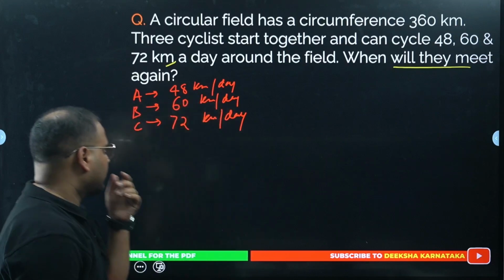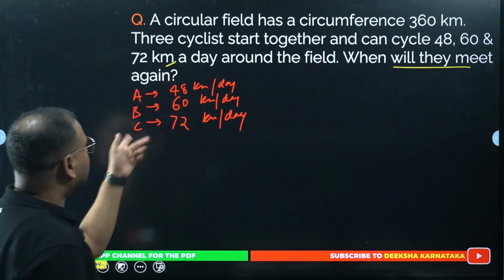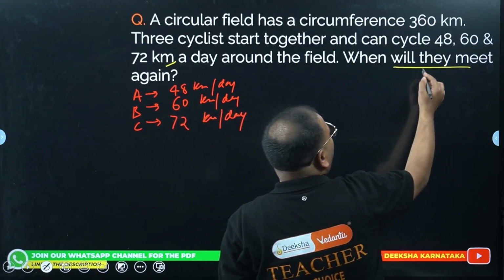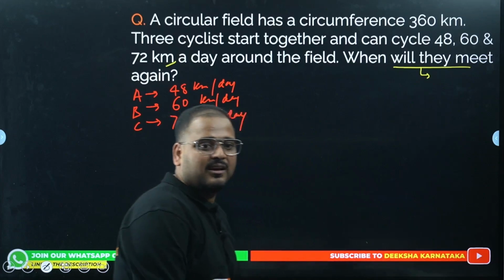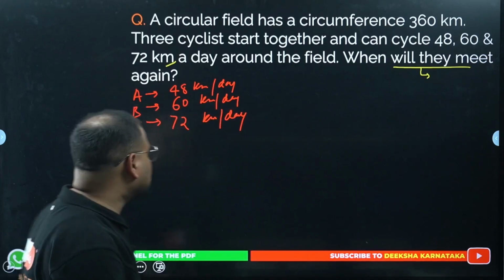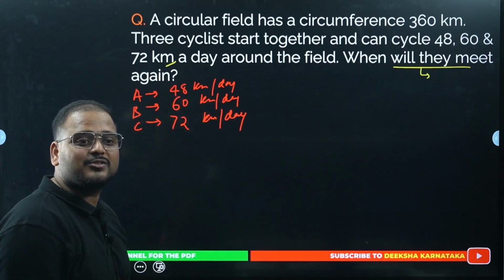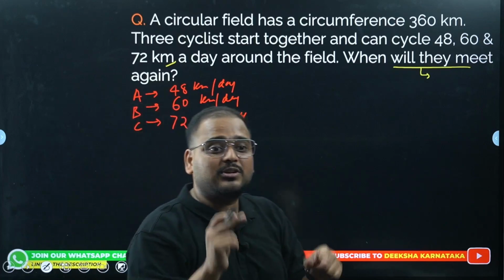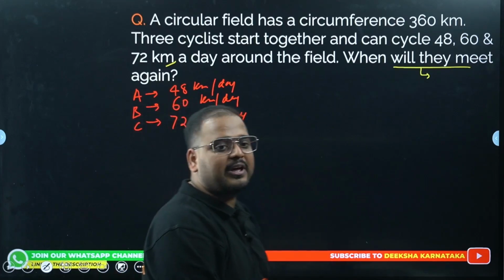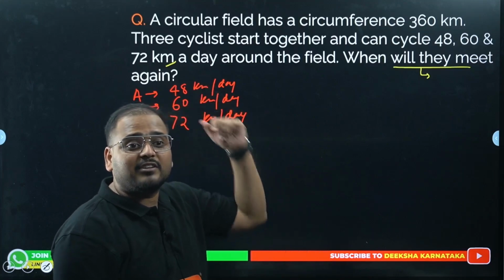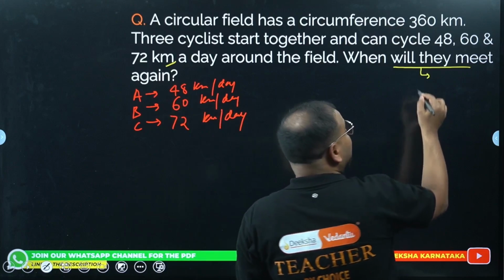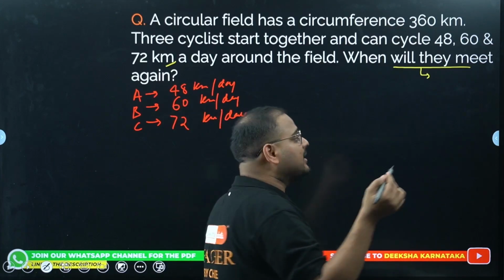Okay, great. So we'll try to find what? When will they meet again? What are they asking? Are they asking distance? No, but all this information is given in kilometers, so I cannot do anything with these numbers. So I need a timeline, number of days, number of hours. Hour is not mentioned here, but day is mentioned. So they are basically asking in how many days they will meet again.